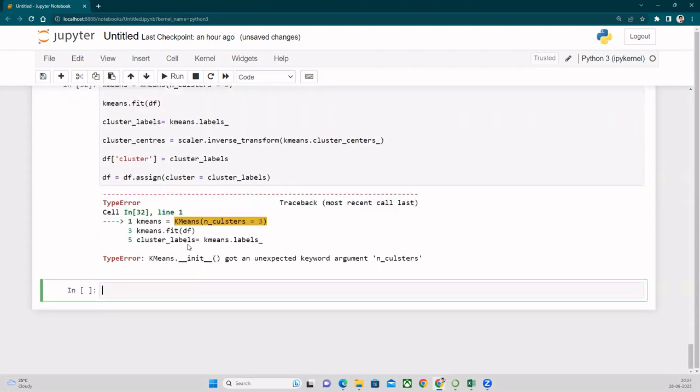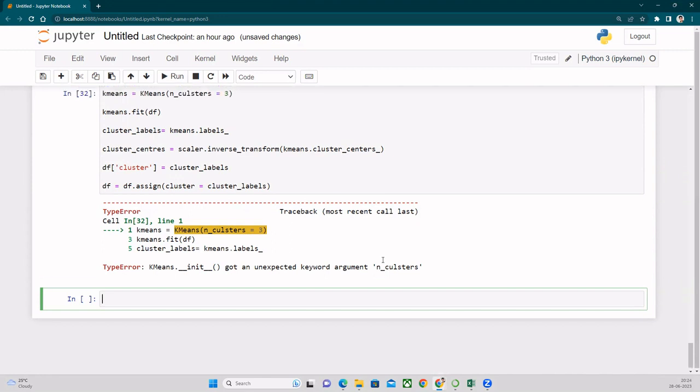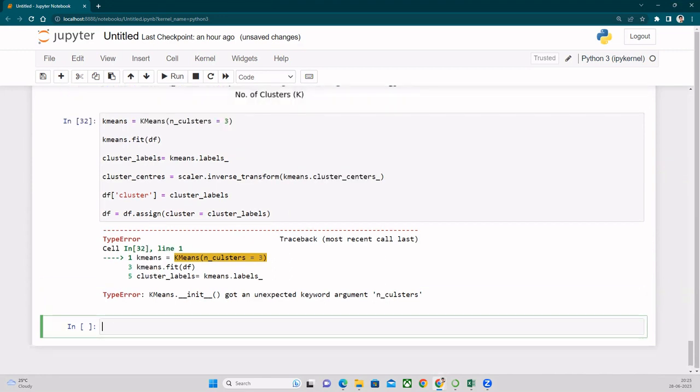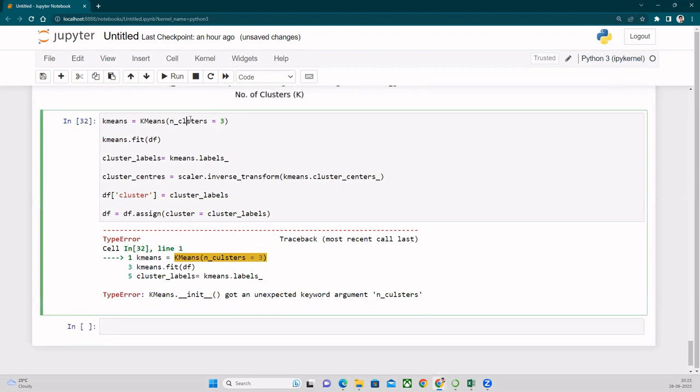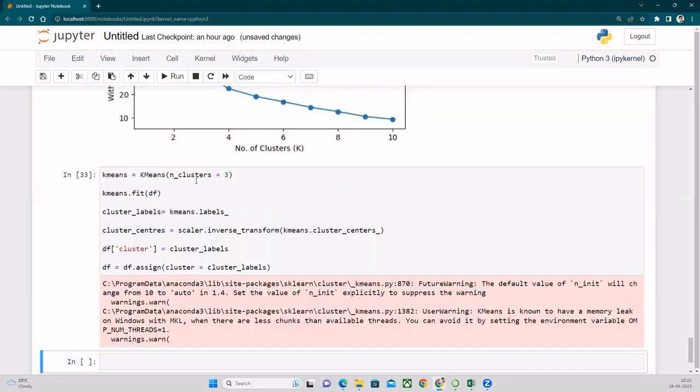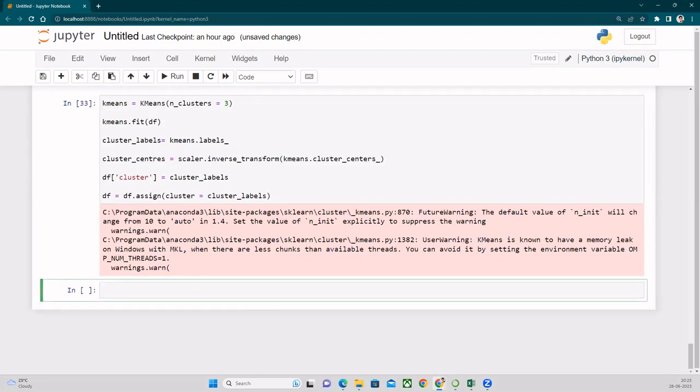Now what? Got an unexpected argument, and clusters. What went wrong? See, okay, this typo, clusters. Okay, so we have performed our